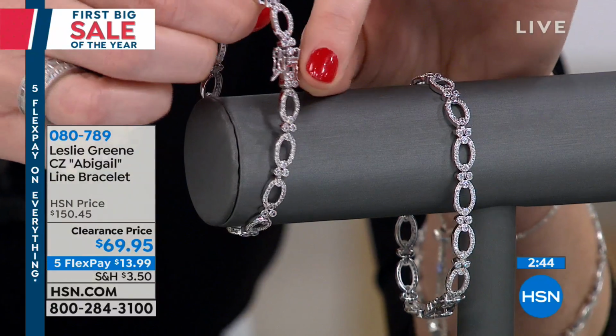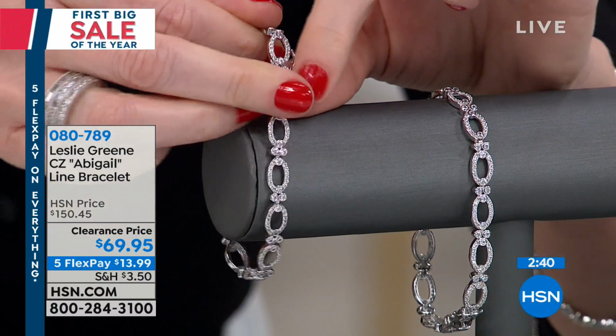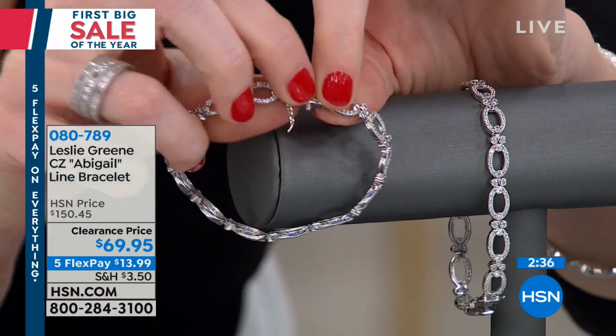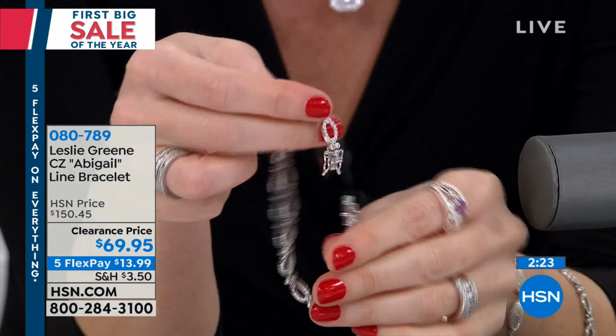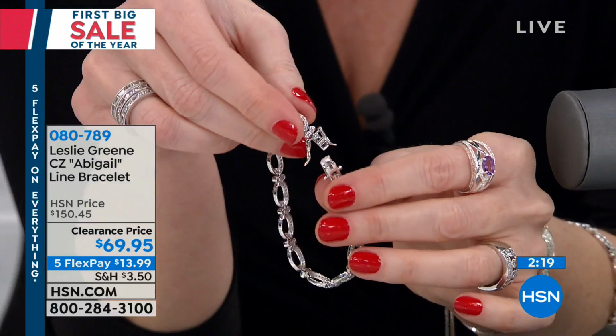Yes. So you are completely safe. You're never going to lose your bracelet. It's a good-looking closure. Isn't it pretty? It is. And you know, I don't always love closures on bracelets because, again, they can be distracting. They can take away from the beauty of the piece. But with this, it's an added design element, and it just looks so good. It looks great, right? It's part of the piece. It really finishes it. It's not just a clasp, and now it is actually very easy to put